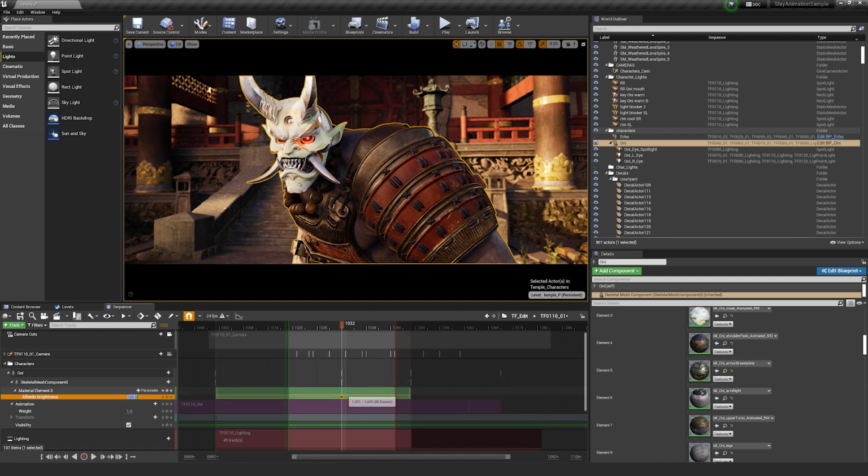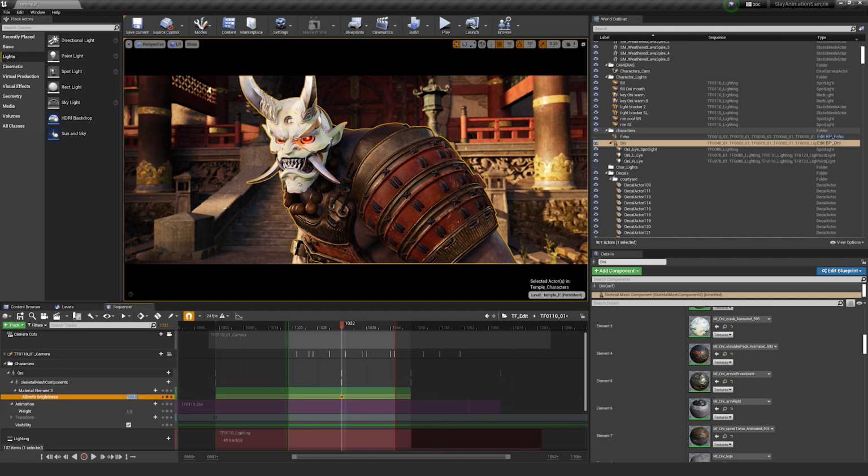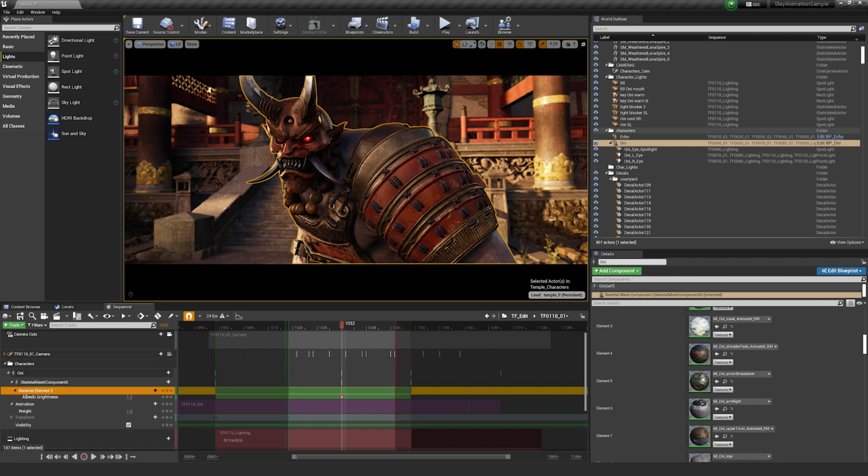But you can effectively do this for all the other material instances as long as they have parameters available to be adjusted. This is one good way to nudge a value to what you feel would be perfect for this scene, and to give it that little extra kick. And we're just going to keep that. I'm going to keep it at 5.